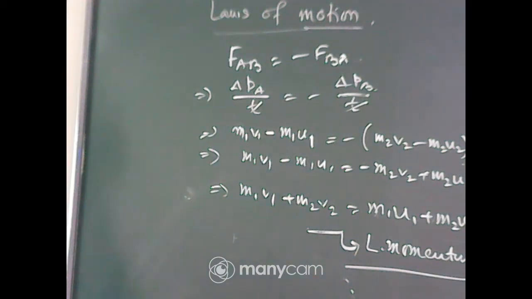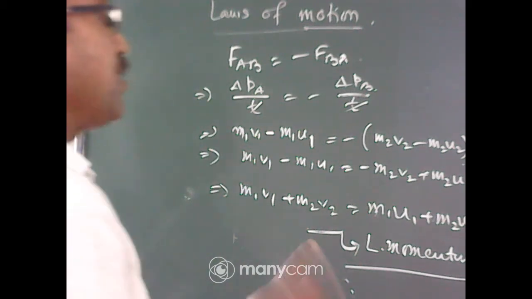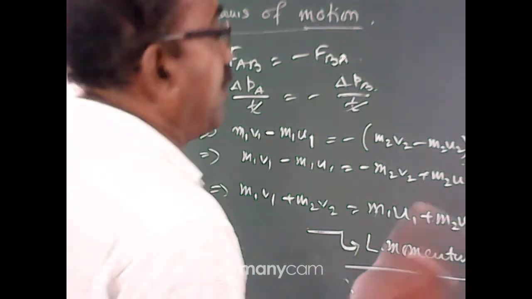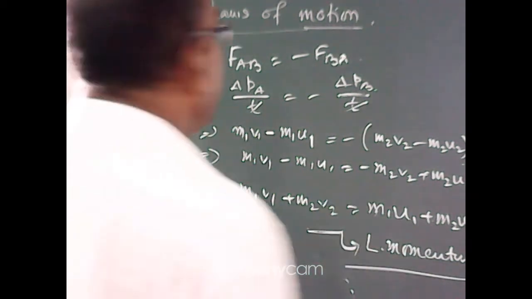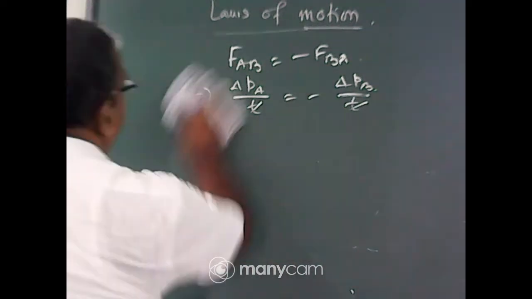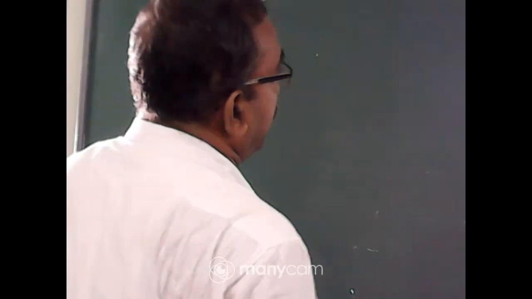Conservation of linear momentum. So, you know it, Newton's second law is the real law. You try to prove it from Newton's second law to the first law, and you can also prove it from Newton's second law to the third law. So, my dear students, actually the main, that means the fundamental, is Newton's second law. You can easily go from Newton's second to first and second to third. Am I clear? This is the conservation of momentum.